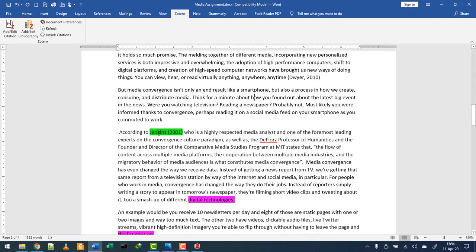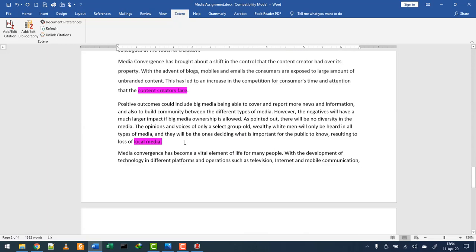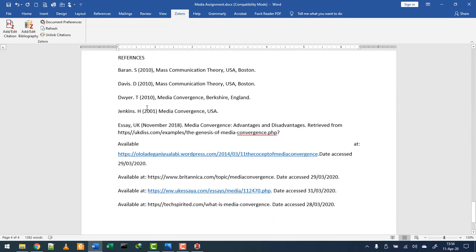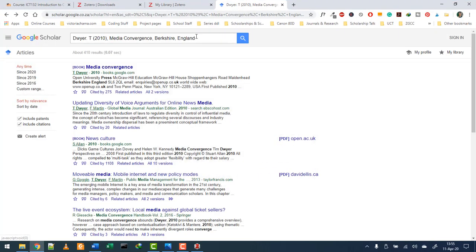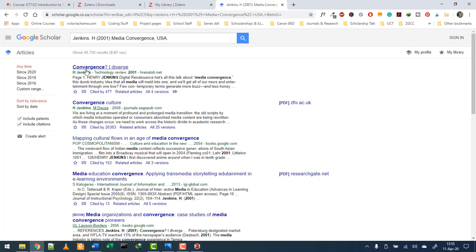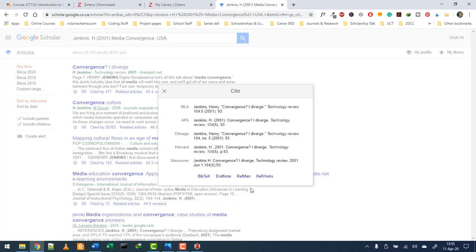So we move on to our next reference, which is Jenkins 2001. I'll simply go down to the bottom and then go back and copy this reference to Google Scholar so that I can get the relevant information. So we have it here. I can simply click the side button and it will give me the relevant information, but Zotero also allows